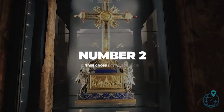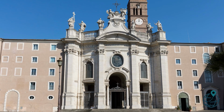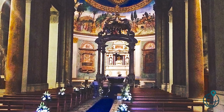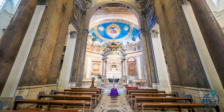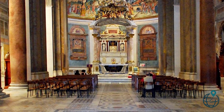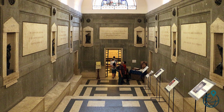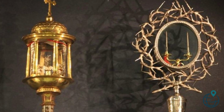Number 2. True Cross and Titulus Crucis. Santa Croce in Gerusalemme began as Empress Helena's private chapel, circa AD 325, its floor literally layered with earth she shipped from Golgotha, so Romans could kneel on Holy Land. In today's dusky Cappella delle Reliquie, refitted by Baroque master Alessandro Algardi in 1639, you'll confront 2 walnut-sized splinters of